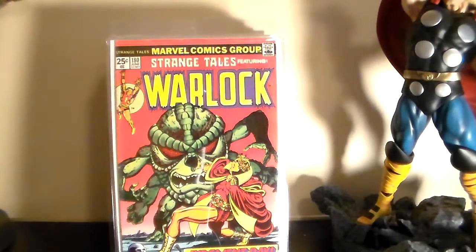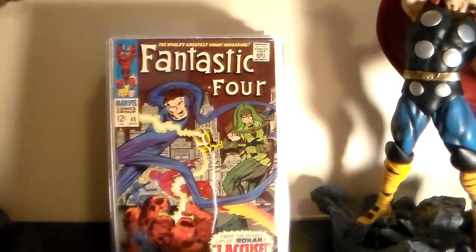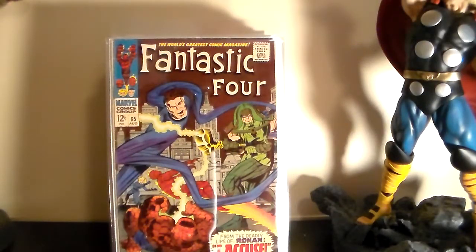And here's another book I found. I picked these up when I was first buying books, and I was just buying a bunch of books whenever I saw them. If I got them really cheap for older books, I was buying them. This is when I first started collecting. And I know I didn't pay more than a couple bucks for it because I wasn't spending more than I think $8–10 on a book at the most back then. So this is about 2 years ago, and I was going through my Fantastic Four and I found it. So I think it's pretty cool. 65, the first Ronan the Accuser,